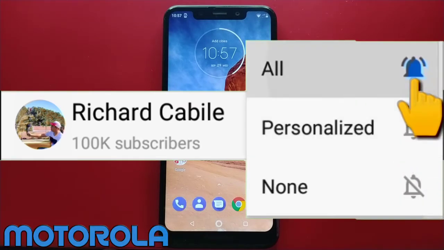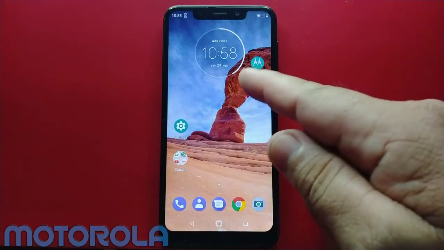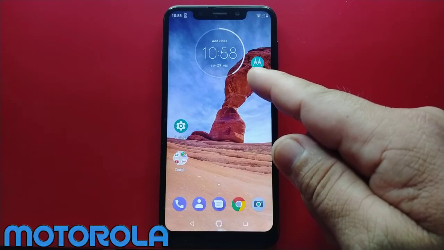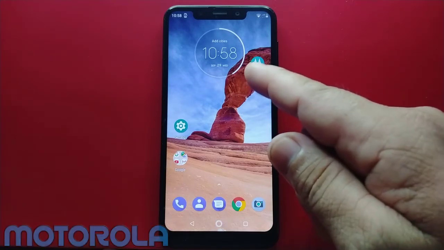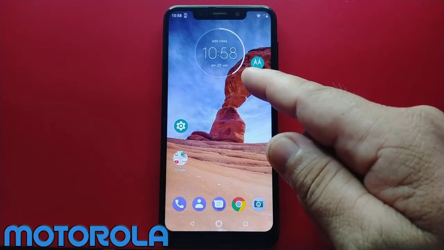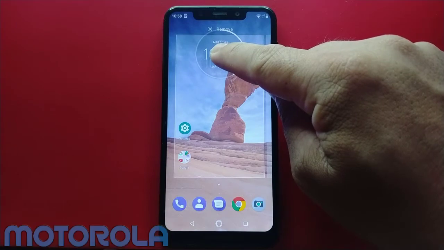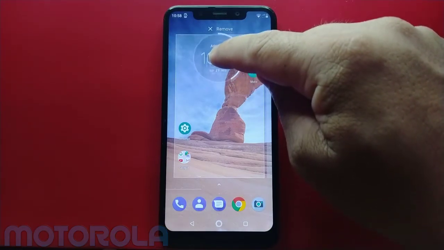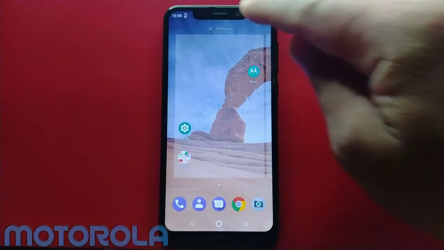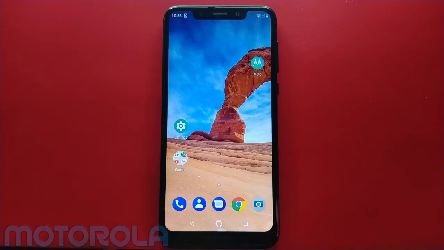Okay guys, let's start. All you have to do is select the widget you want to remove on your home screen. I select the clock widget. To remove this clock widget, press and hold the clock widget, or the widget you want to remove, and after that, slide up to remove the widget. And okay guys, that's it. We have successfully removed the widget on your Motorola One